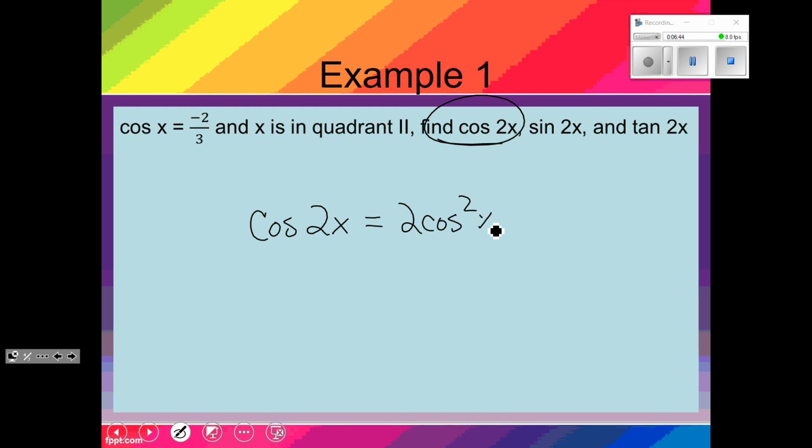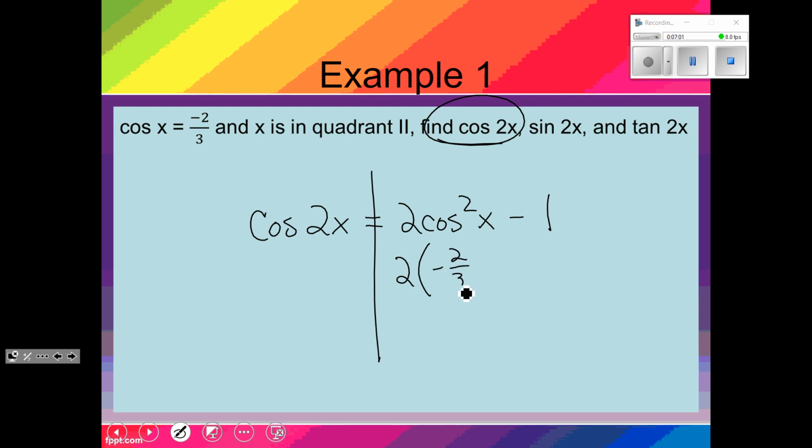2 cosine squared x minus 1. Okay, does everybody understand why I picked that one? Because we had the cosine, so now we can just plug directly in. So I'm going to leave the 2. I'm going to bring it down. Cosine, I know, is